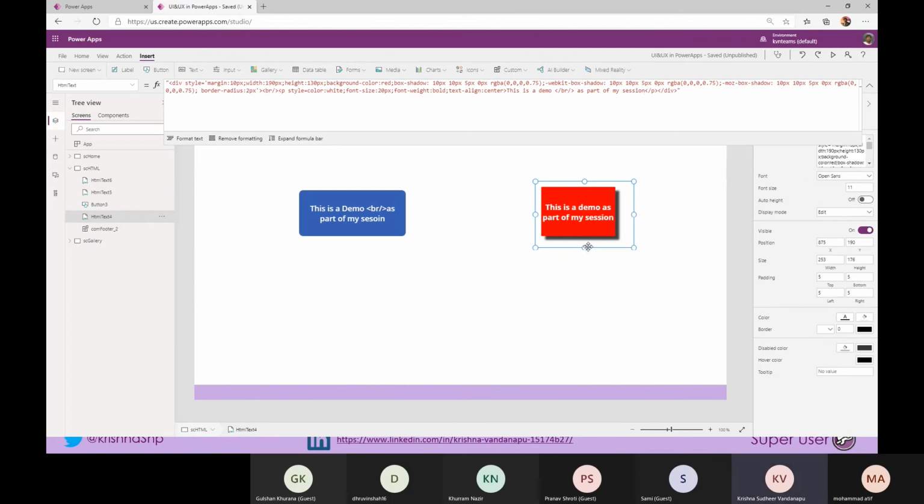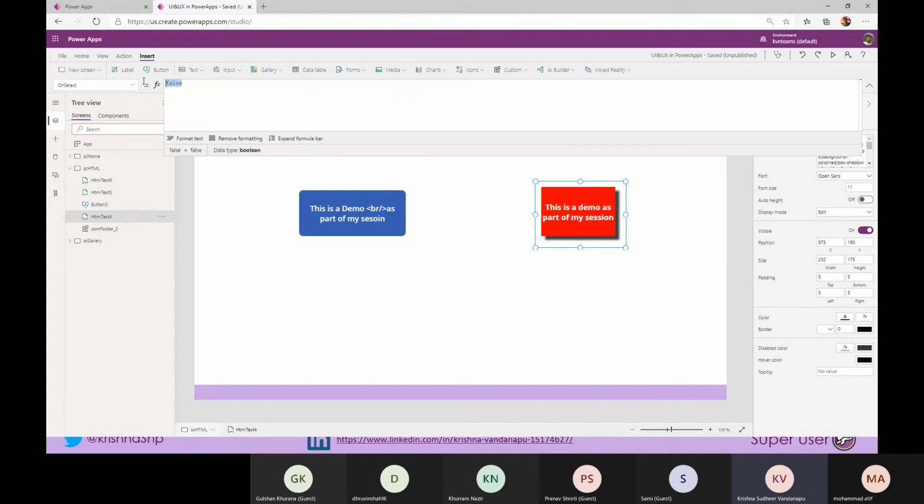I can incorporate it and it works as a button. This control comes with the OnSelect property, so if I really want to fire any query by clicking on this, I can fire any functionality as part of OnSelect. This is a button created using the HTML control.